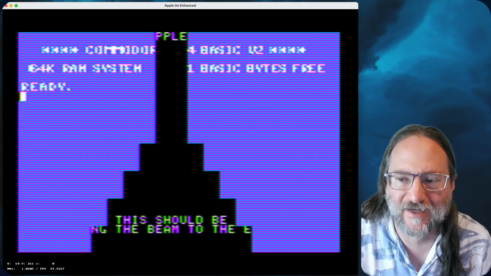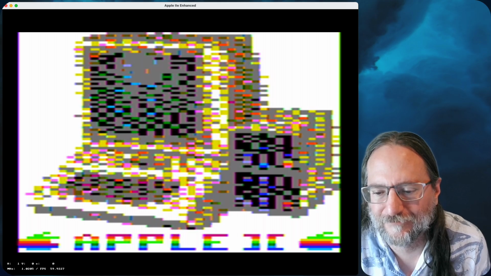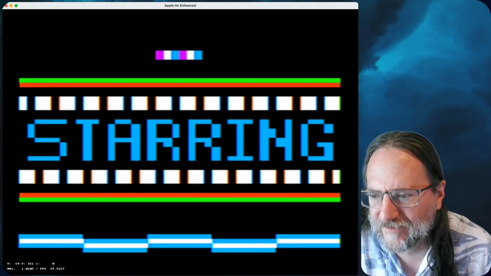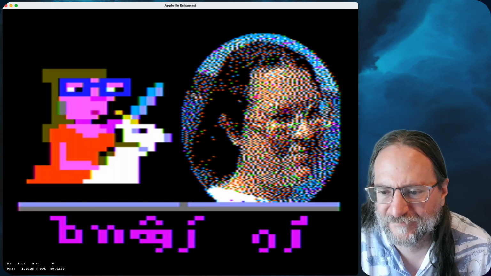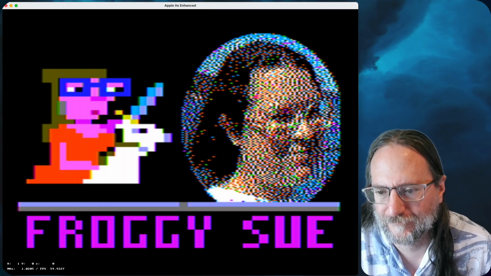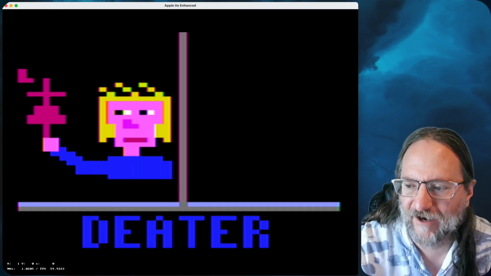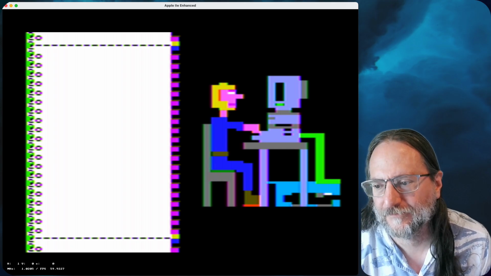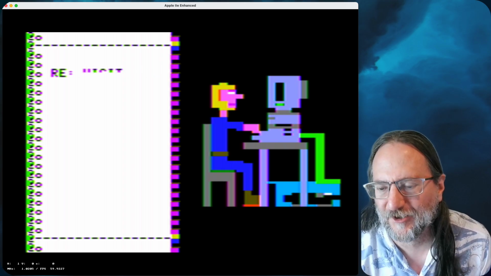It's not actually a Commodore. I'm not even sure what that is. It's a lot. That's like low res, double low res. So this is low res on the left, high res on the right, more low res on the bottom. High res on the left, low res on the bottom.